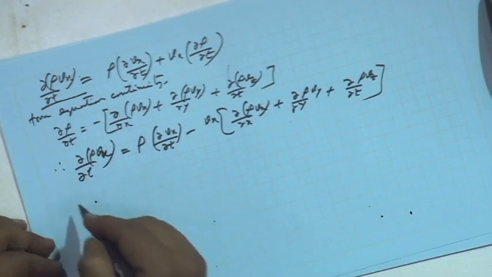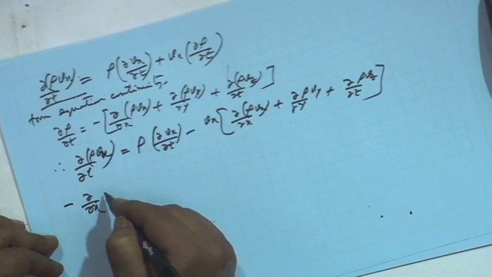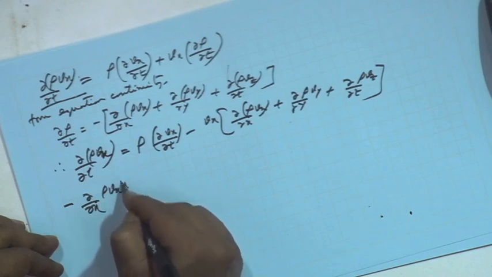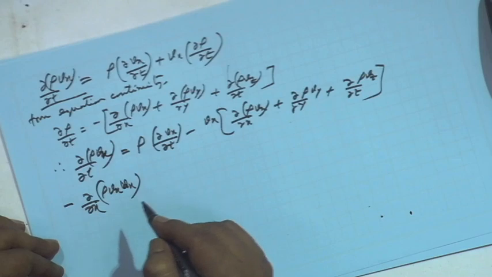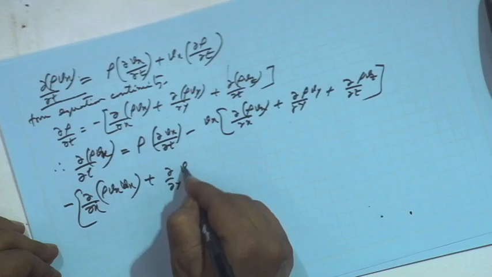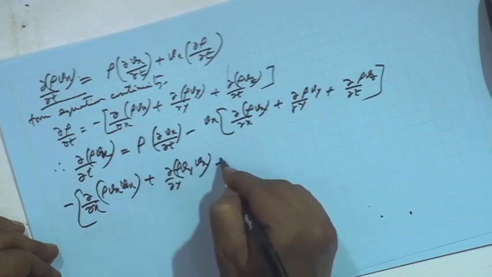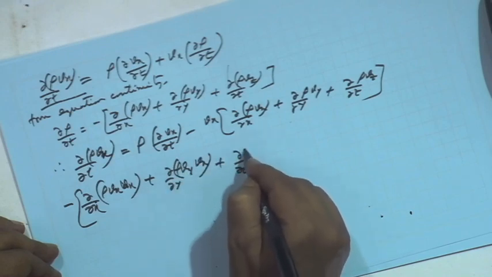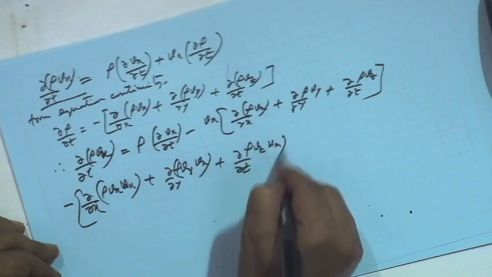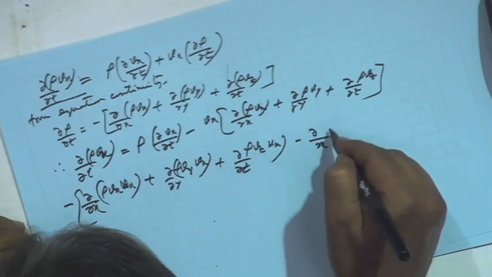So, one term if we take, then we can write minus del x of rho Vx, plus del y of rho Vy Vx plus del z of rho Vz Vx, right. This was like that, minus del x of tau xx